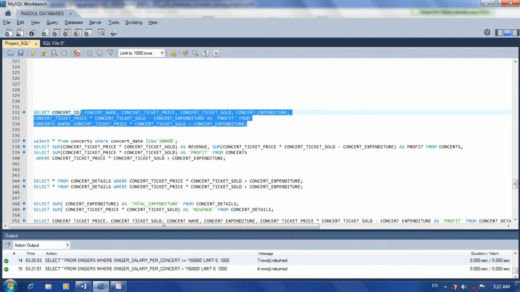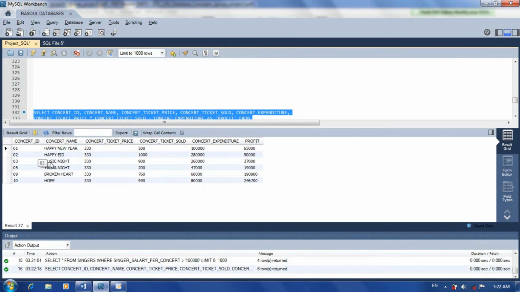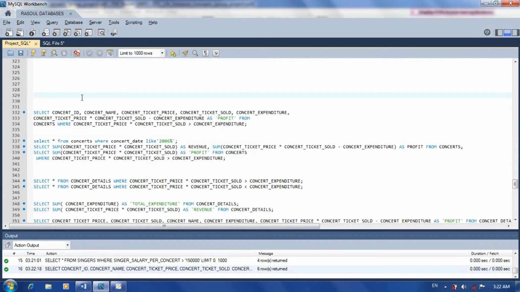When I execute this one, it brings me all the profit tables that I have here. Like in concert ID number 1, the concert name is Happy New Year, the concert ticket price is 330, and 500 tickets are sold. We have an expenditure of 100,000 here, but the profit is 65,000. If you want to see the whole profit,